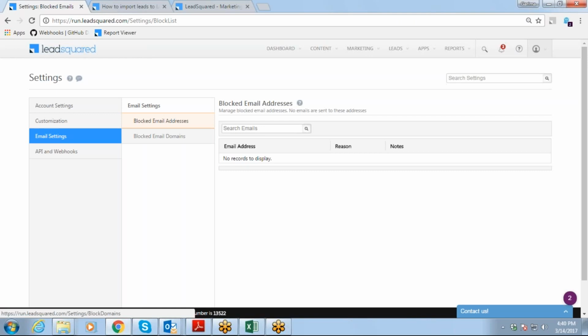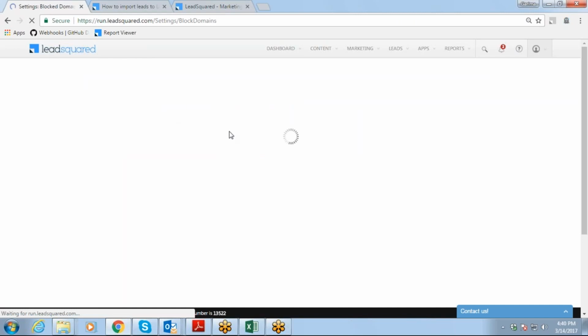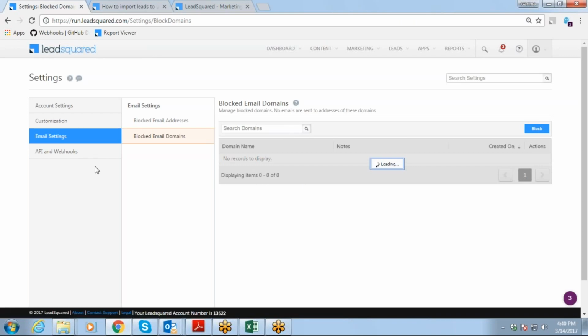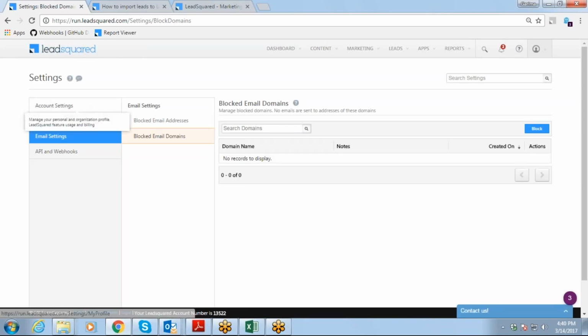Whenever an email is sent within an internal organization, those contacts will be added automatically as leads in your system, right? You don't want to waste time on these things. So you can just block those domains and email addresses which pertain to your own organization, so that they don't disturb you in your work. This is the main use of that feature.